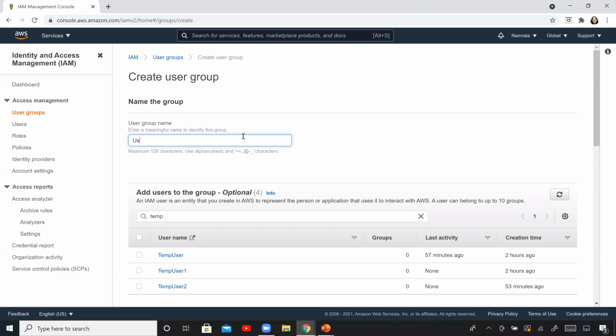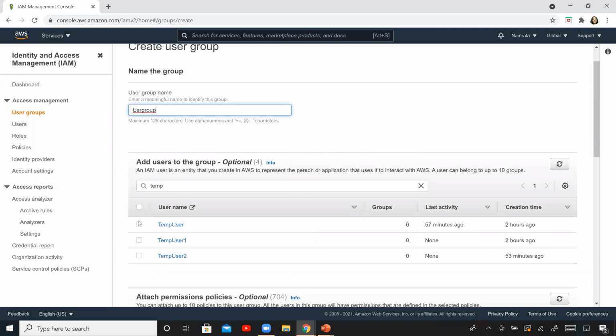So we will create a user group. You can give any name that you like. I'm just giving this name. Now you can select a couple of users. So I'm going to select temp user 1 and temp user 2. You can select whatever users you would like to be part of this particular group.